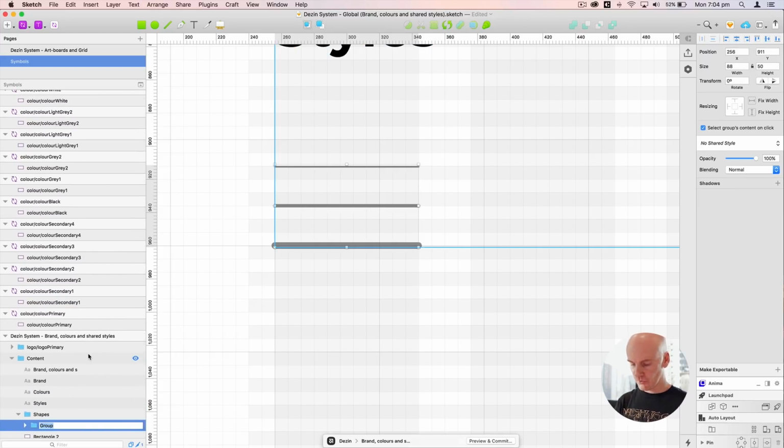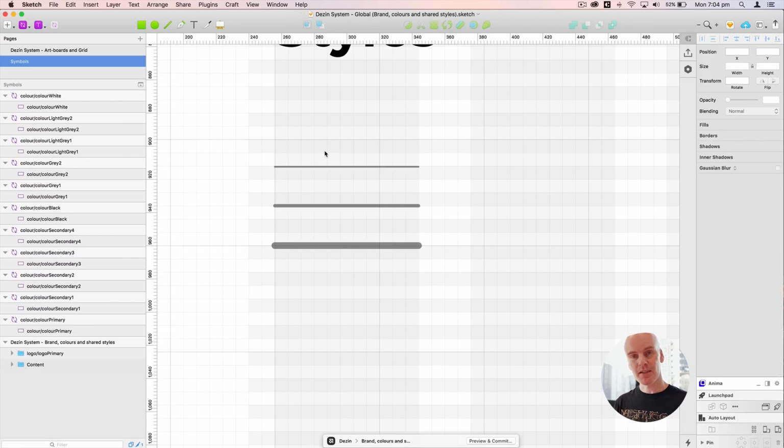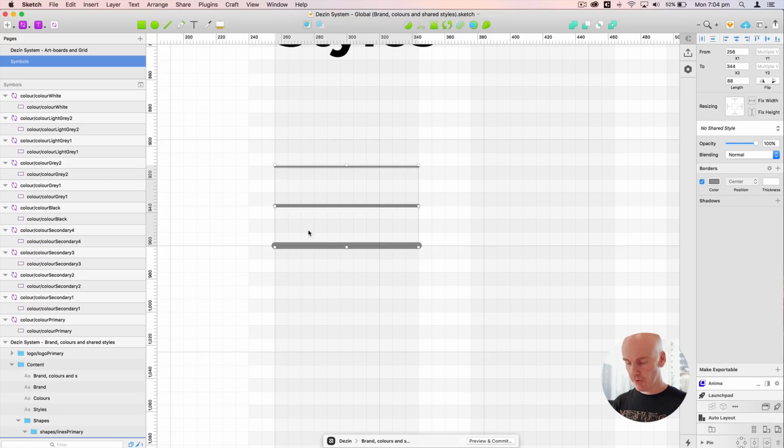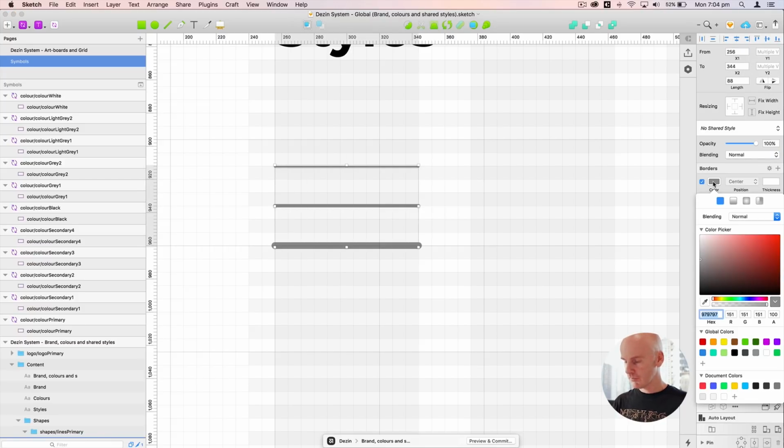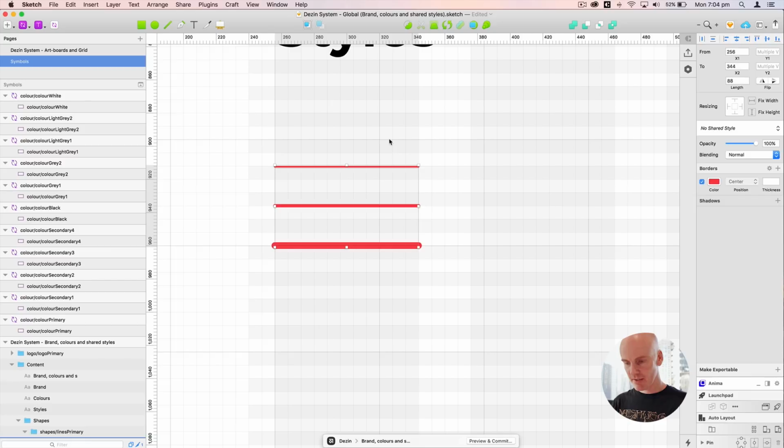And change this to Shapes / lines primary. Now we're not going to make symbols out of these, but we're going to color them the primary color. Select all of them, go to the border color, select its fill, go down to the document color primary and select it. We're then going to select the first one,